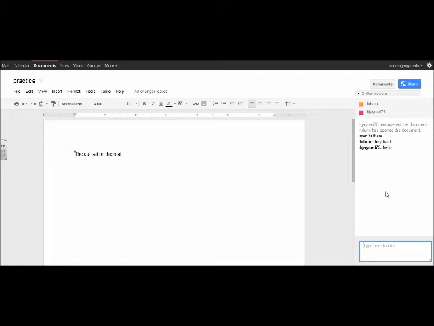So, I mean, you could get on the phone and talk to each other, but if you're within the document, you could just quickly chat back and forth about ideas, brainstorming what you could do, what you can't do, and other people can then work within the document. So if I want to add something else to it,